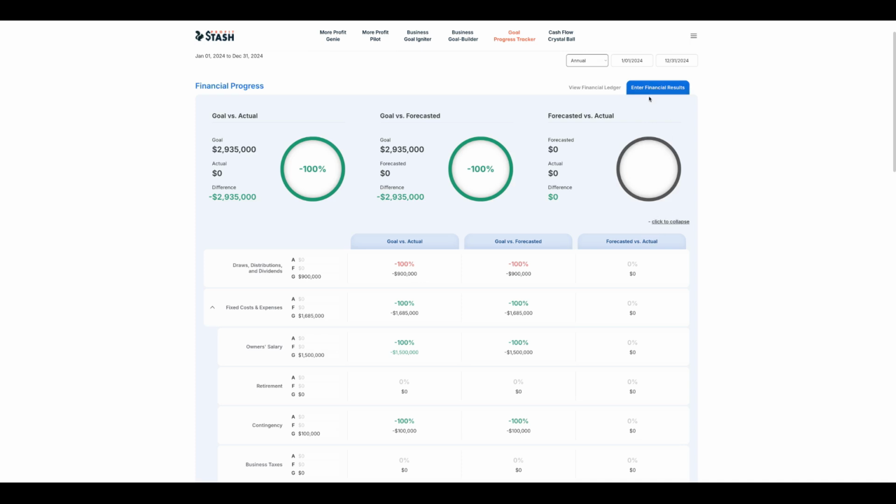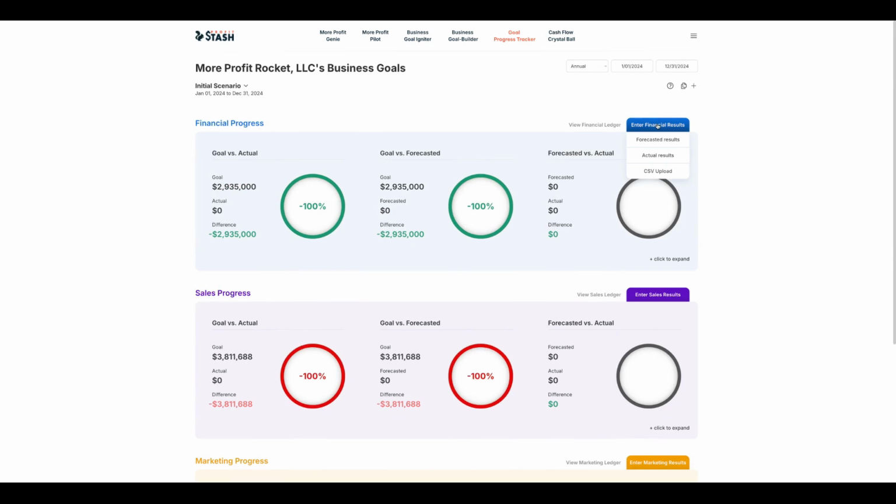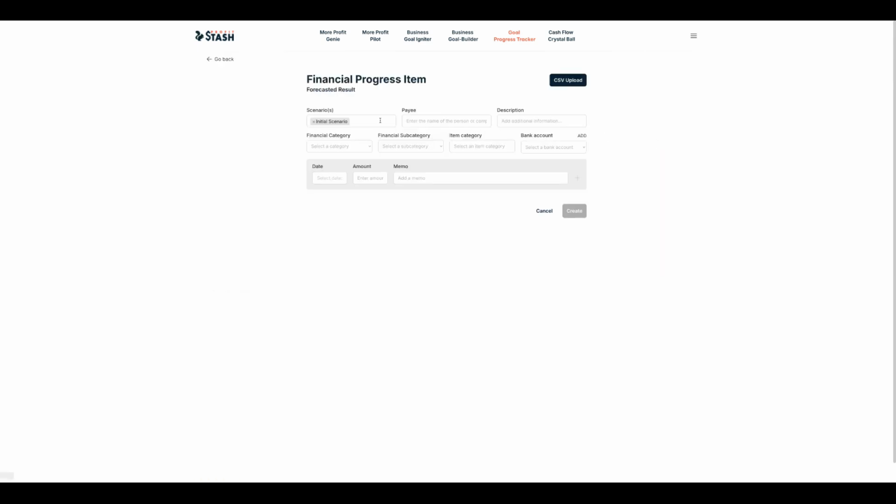So you go to the upper right, click on Enter Financial Results, and you do the same if you were entering sales or marketing results. Click on Financial Results, and then I'll show you forecasted results. It'd be the same as actual. You select any number of scenarios that the data will be attributed to, and then select a payee or enter a payee. Let's say it's Costco, and this can be any description you want to add. So let's say upgrading